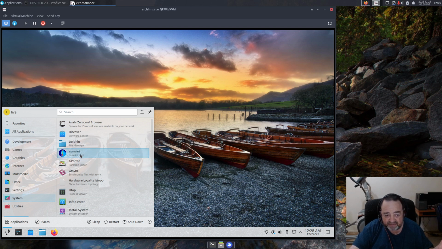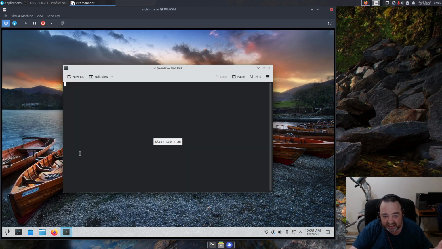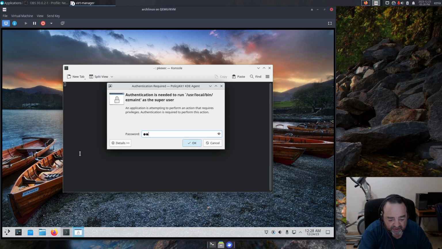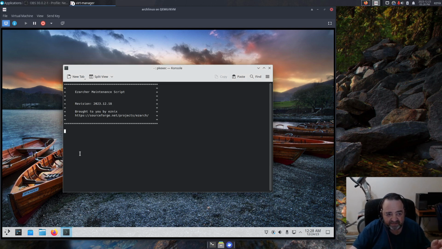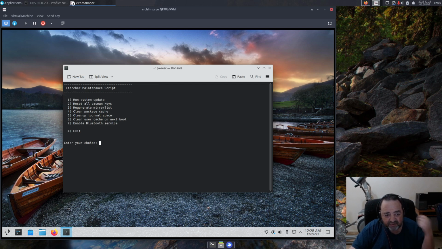GParted, my EasyMate program. EasyMate is a little tool. I'll show it to you if I haven't done this already. It's a little tool that allows you to run system update, reset all the Pacman keys if you have a problem with your GPG keys for Pacman, regenerate the mirror list with Reflector. It will default to US mirrors. Clean package cache,